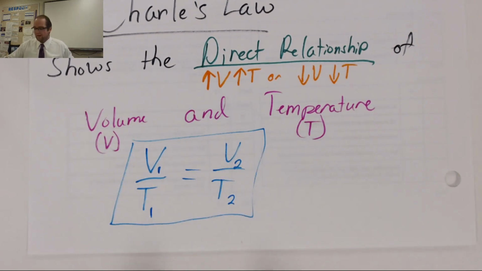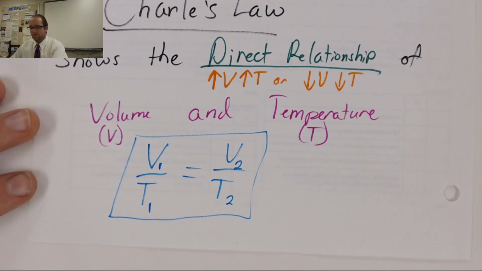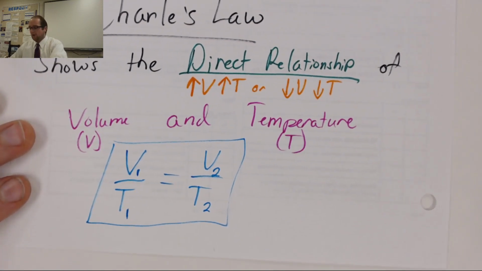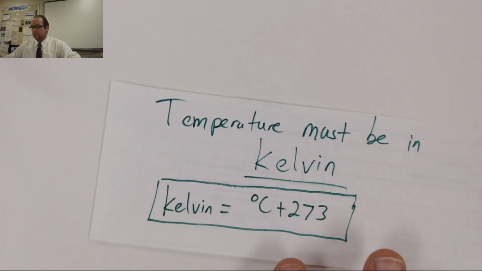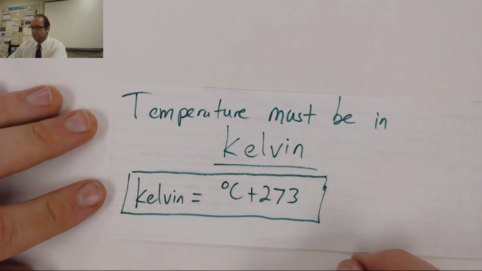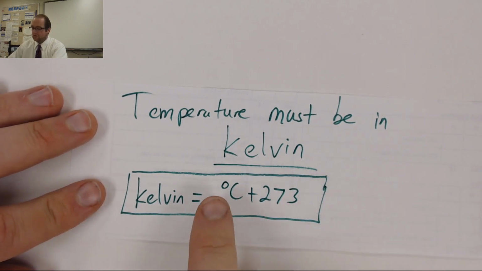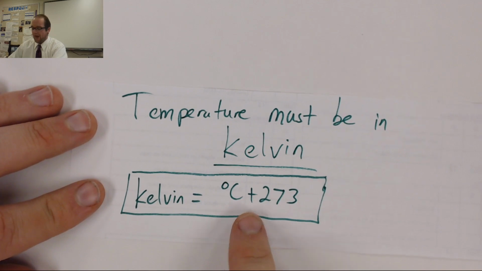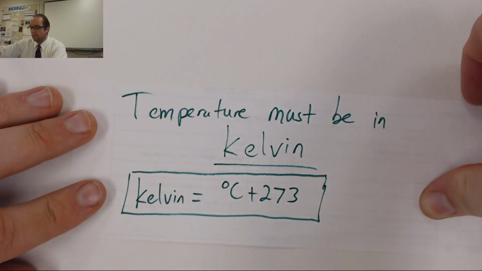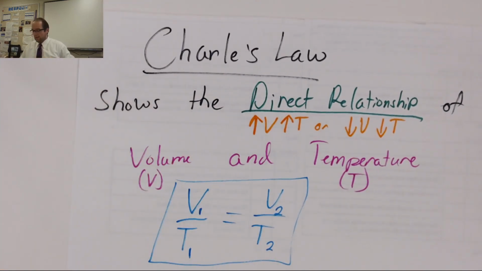When we work with temperature in our gas laws, we need to make sure that we are always using a very specific unit. We are always going to have our temperatures in Kelvin. We're going to take a look at this more in our math example in the next video, but the way you calculate the Kelvin temperature is very easy. You just take the degrees Celsius and you add 273. So make sure you have this down for our hint on our temperatures, and we're going to take a look at our final gas law after Charles' Law, and that is called